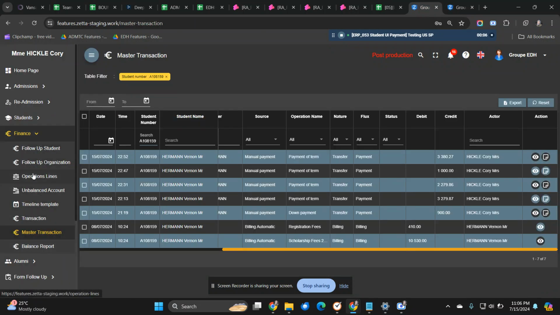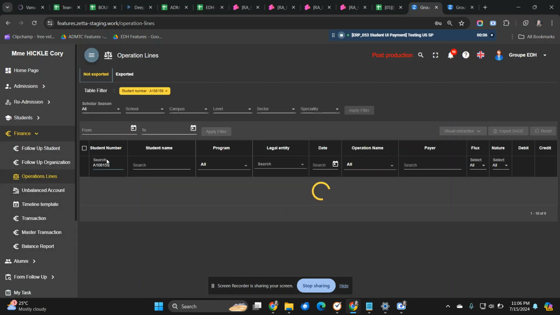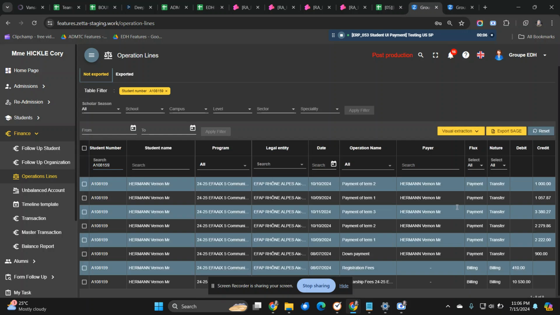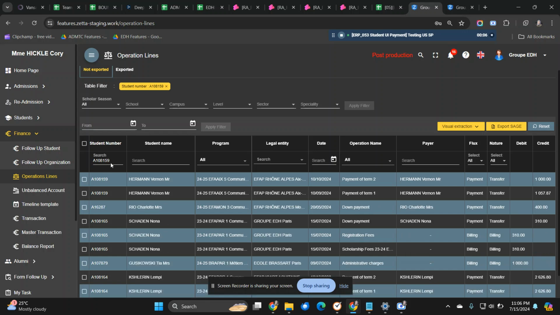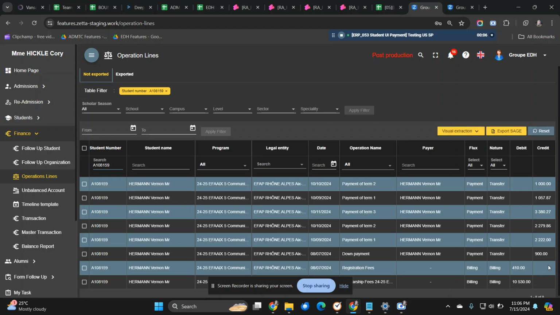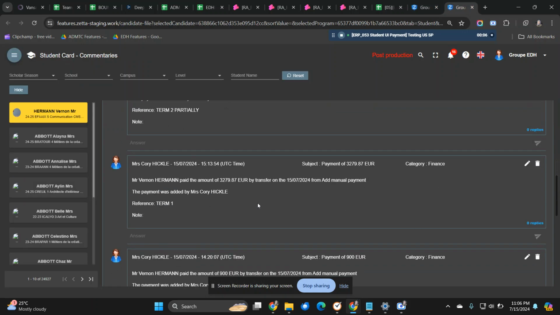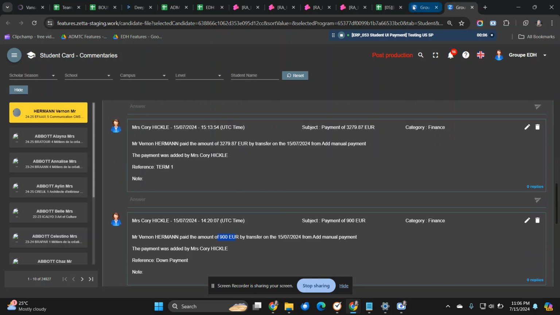I check in the operation lines to compare this in the operation lines TP. Okay, wait. TP is 900 euro. It's recorded in the commentaries. Okay, but then I check also in here